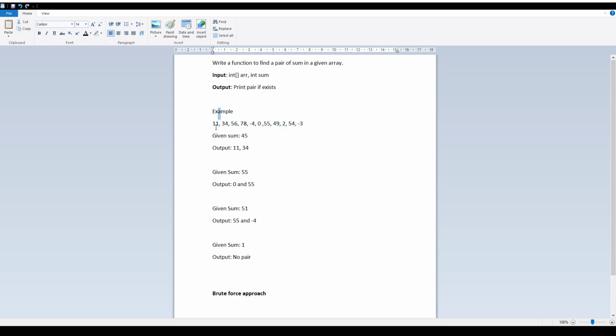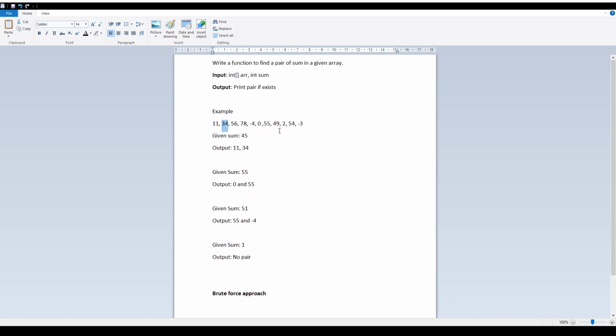If I find the pair in the first loop, then that's well and good. I will print that pair and return. Otherwise we'll move on to the second loop. The second loop will start from the second element, and we will match it with the subsequent elements again.